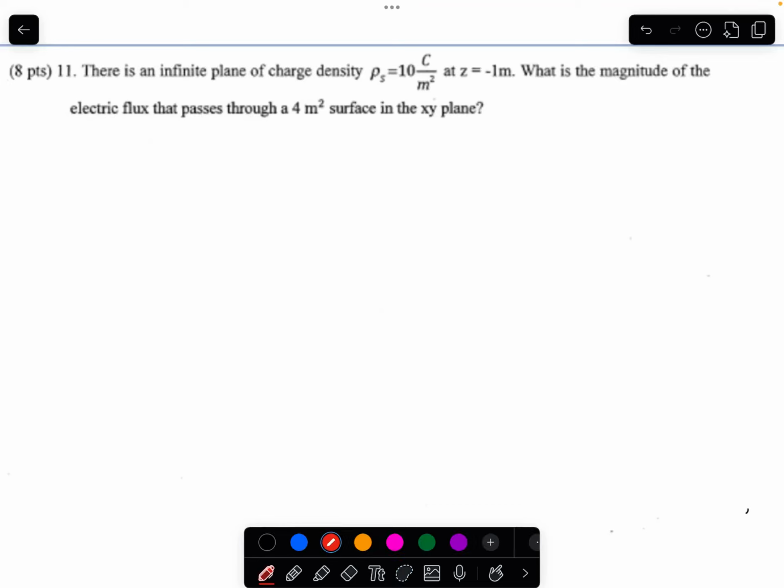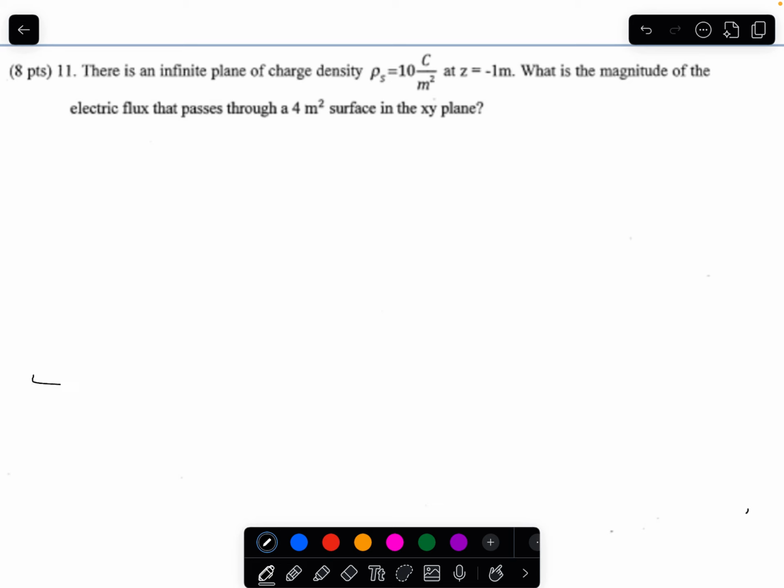This will be my corrections for exam 1, question number 8. So, when we first take a look at this question, it's talking about an infinite plane with a charge density of 10 coulombs per meter squared. So once I see that without reading anything else, and we know that it's at negative 1z, so I want